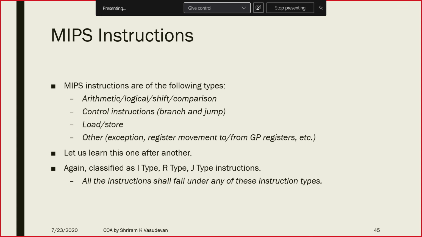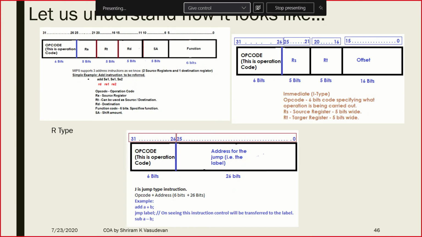And then the most important point with which I will complete today's session is the classification of the instruction types as I, R, and J. This is a very, very, very important question. There are only 3 instruction types in MIPS. They are I type, R type, and J type. Let's go one by one, and with this, I'll stop the session today. I want you to be very clear about this point, so please listen carefully.